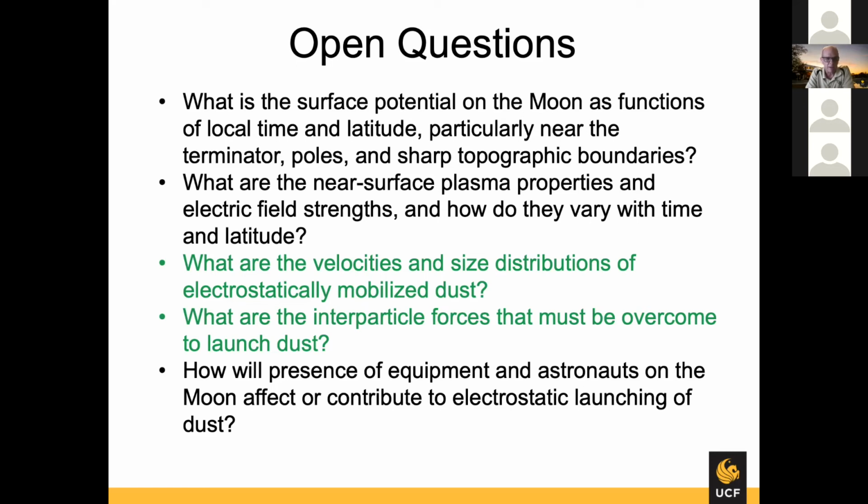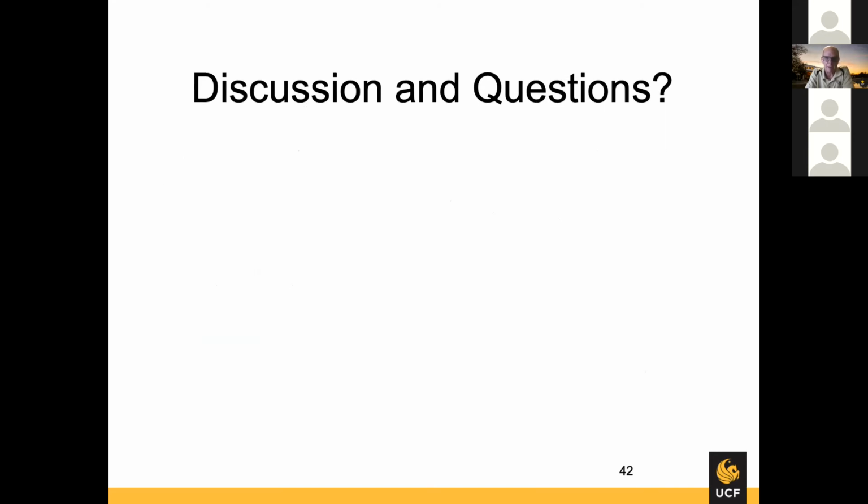And I think as we are putting more landers on the surface of the moon, we're going to learn more about whether and to what extent the presence of equipment, astronauts, instrumentation on the surface of the moon may exacerbate this electrostatic launching property. So with that, I'll shut up, and I'd be happy to try to address any questions